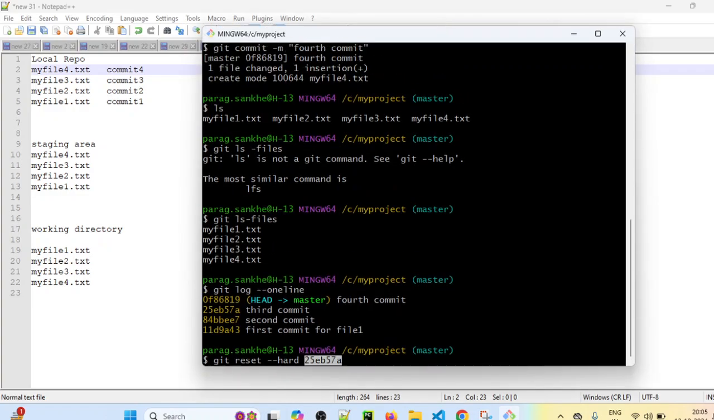In the previous session we have seen soft and mixed mode. In soft mode, what used to happen? In soft mode, only the commit is going to be revoked. If you use git reset --soft and provide this commit ID, it will only revoke this commit from the local repository. It will not touch the staging area and working directory. If you use git reset mixed mode, it will revoke this commit, and also it will remove the staging area file. And if you use git reset --hard mode, what will it do? It will check this commit ID,